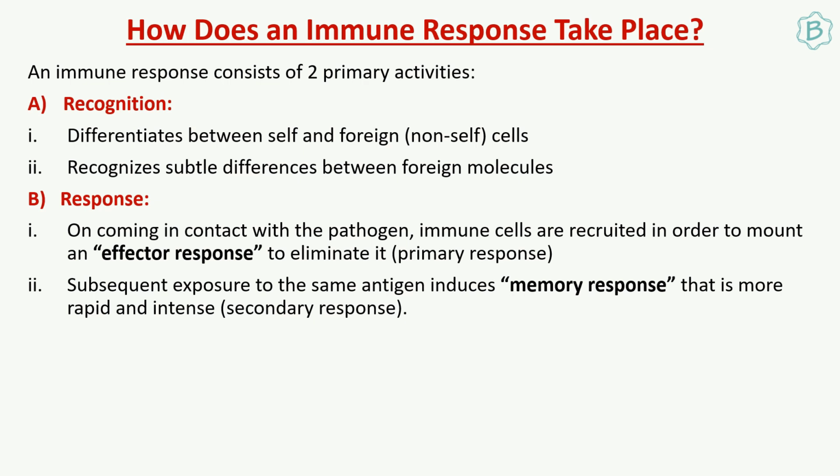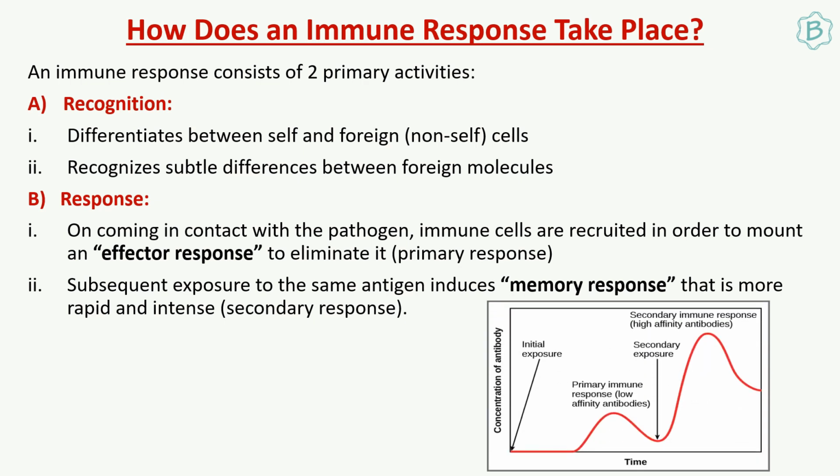So there are two immune responses that we know of. The first one is a primary response. So in this figure over here, you can see that the primary response is when a new pathogen is initially coming in contact with your body for the first time and attacking it. Since it is a new kind of molecule, the immune system would take some time to recognize it and accordingly generate antibodies against it.